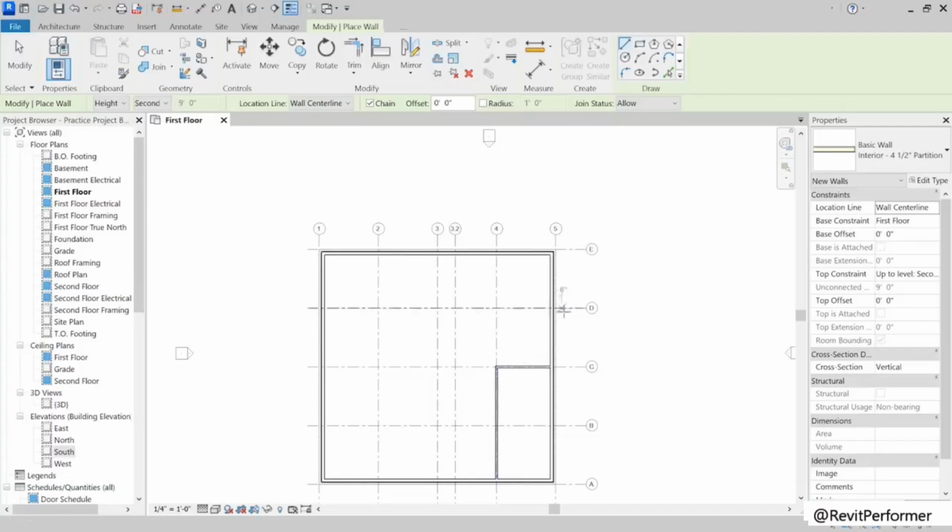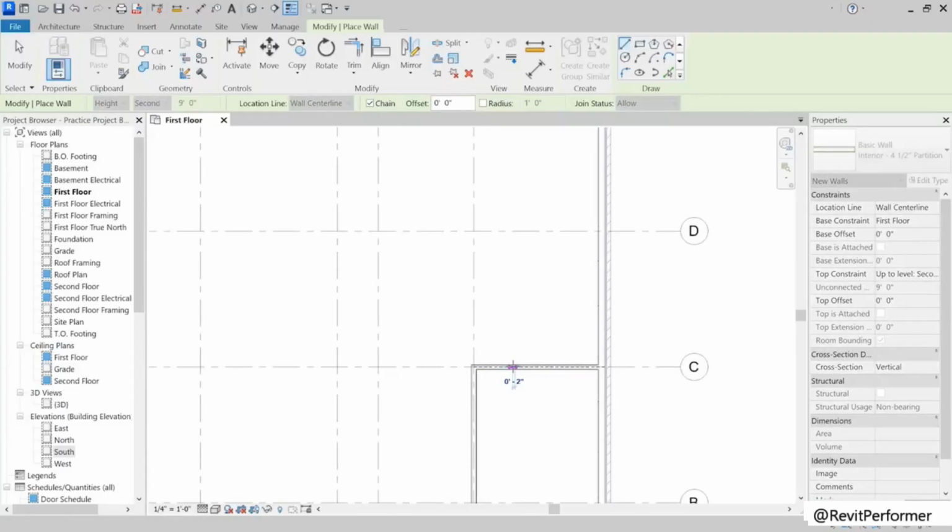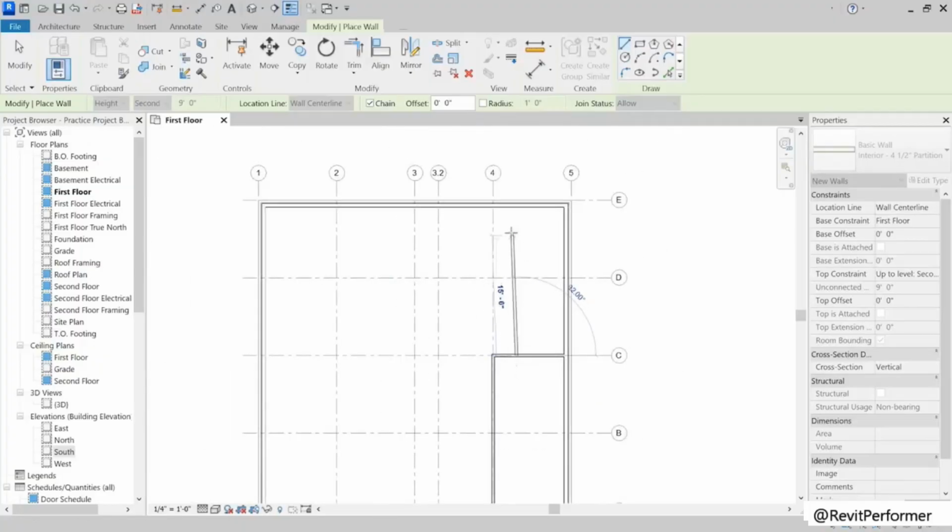I'm next going to draw in a wall. I'm not typing in any numbers yet. I'm just going to click somewhere in this wall here and take it straight up to the top wall, or in this case, the north wall. I'm going to then also draw where D is, and take it over to 3. You'll notice that it automatically ended even though chain is set, and that's because it hit something. Revit will do something where if it realizes that it ends into another component, it will break the chain and allow you to start it again.